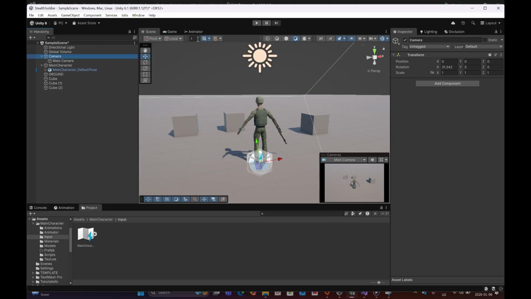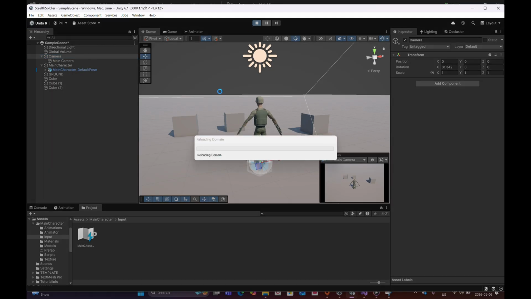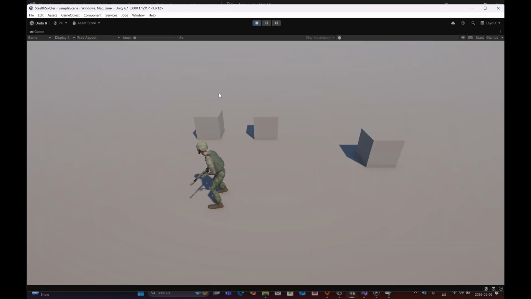So I'm going to unparent it. I'm going to unparent the camera rig, and I'm going to hit play. So I can move around freely now, the camera, but the only problem is the camera doesn't follow him. I want the camera to follow him without